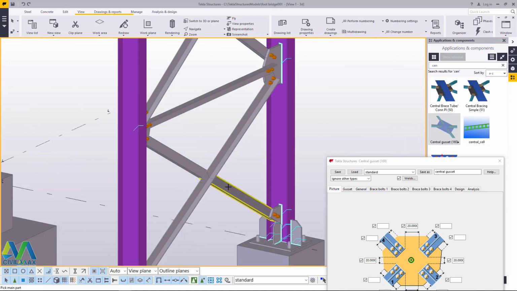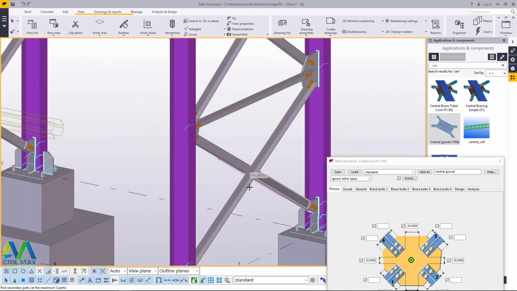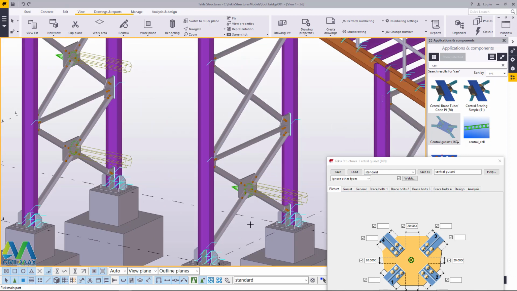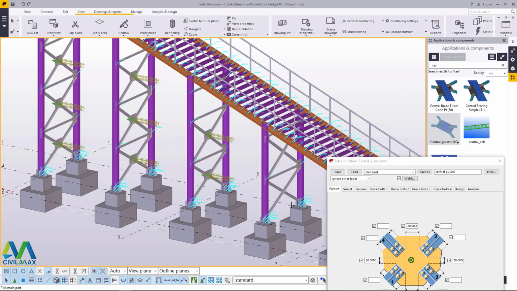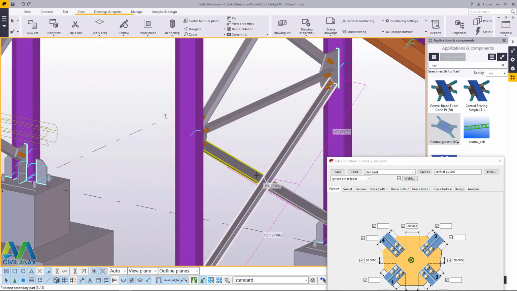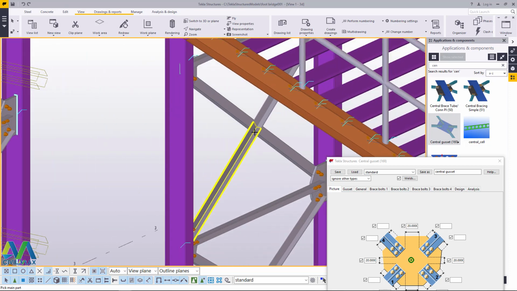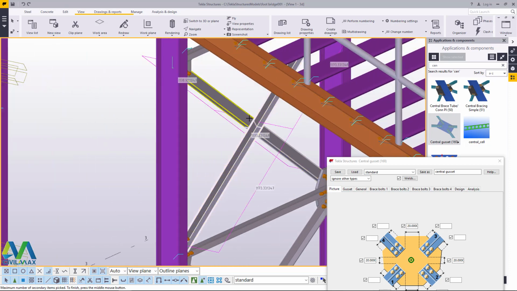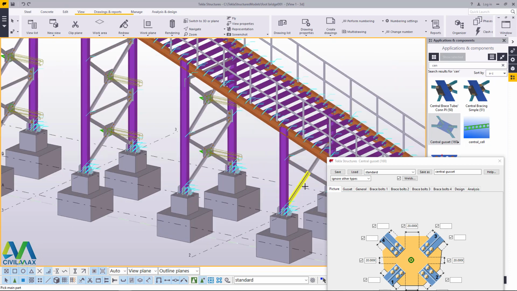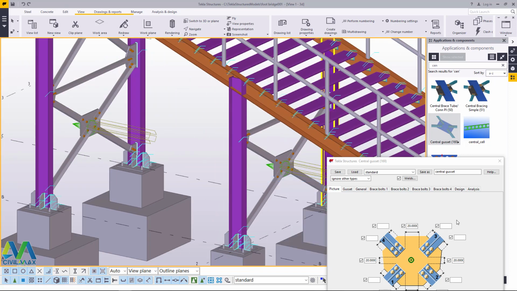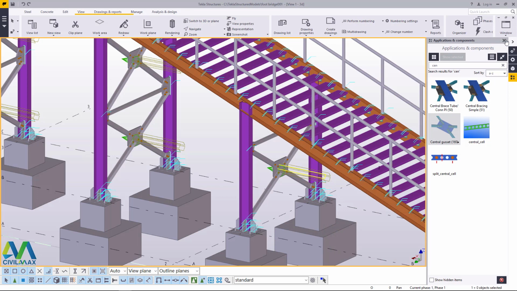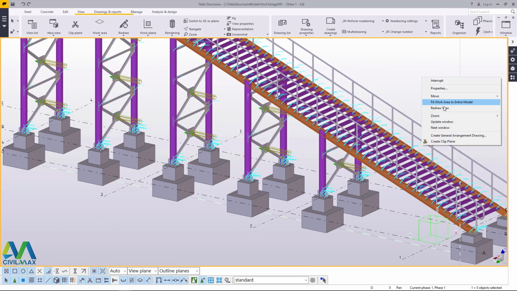Which is not bad. Click that and press the middle button on the mouse and select this and that, and click the middle button on the mouse, select this and that and that. The middle button on the mouse accepts or gives an OK to the particular connection, so it will be placed right there. Now here we are, and click this and that. Perfect. I'll get rid of this because I don't need that. Now I'll right click and redraw. Now we have our